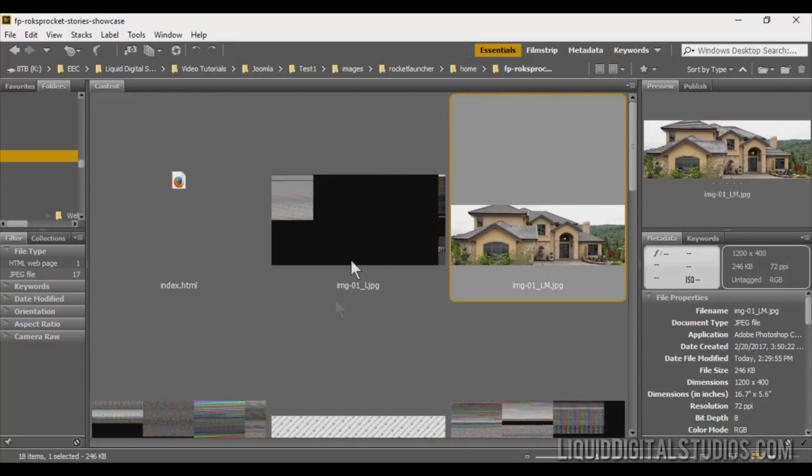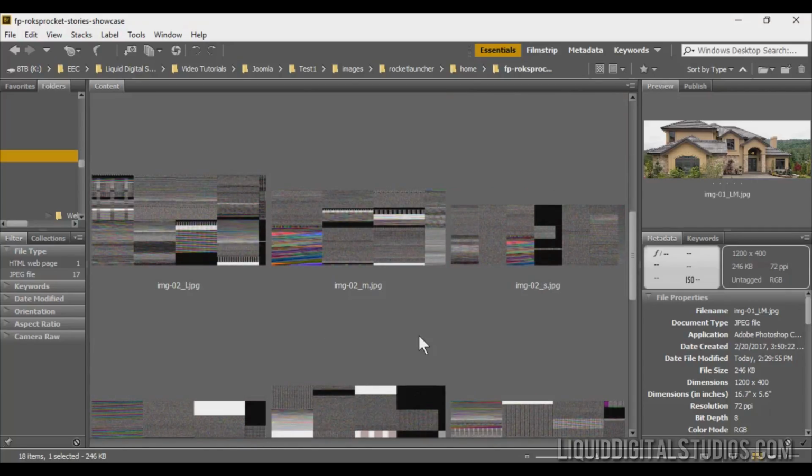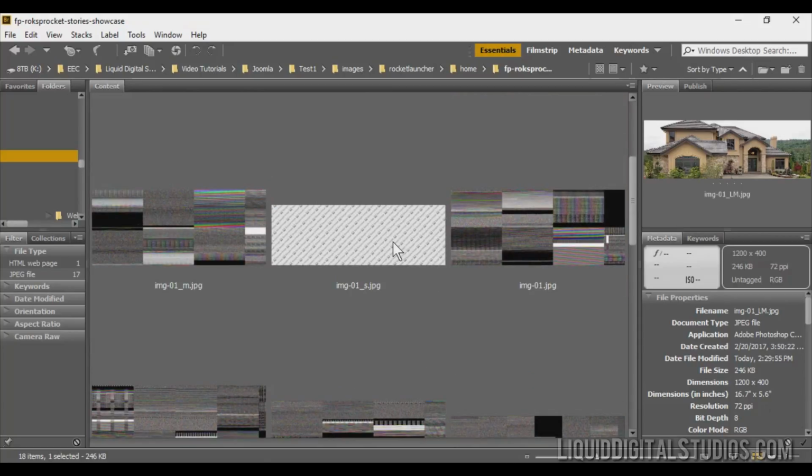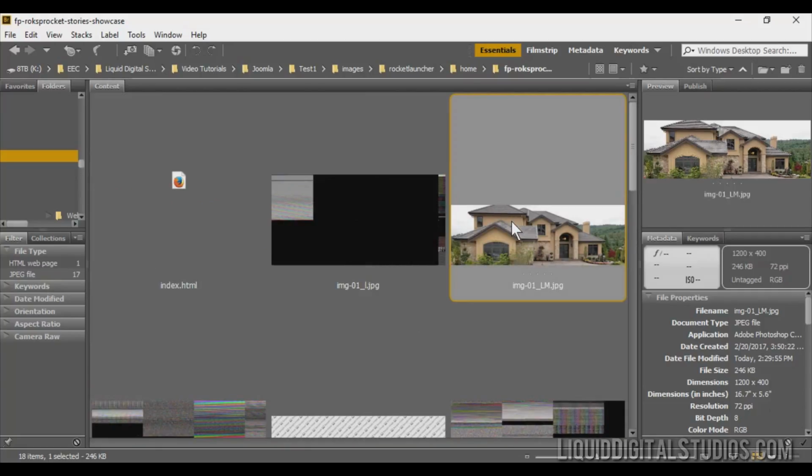So the whole purpose of being in Bridge is only to be able to manage your images. You're not going to actually do anything to the site here, but this is where we were able to find the image that we're going to replace and make a proper image that we'll be replacing it with. So back here